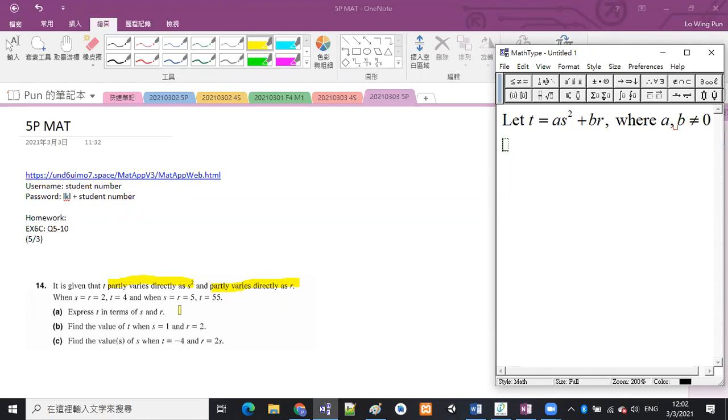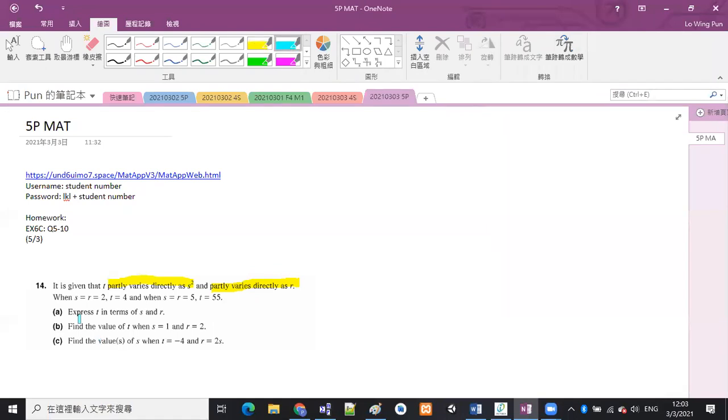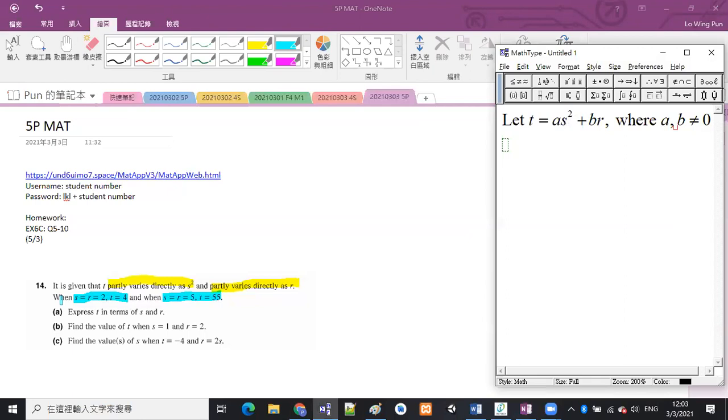Okay, and then we will find two groups of numbers from the question. So when s is equal to r is equal to 2, t is equal to 4. Okay, so we want to find one set of r, s, t numbers. And then the other set is s equals 5, r equals 5, t equals 55. So we will put this set of numbers into our equation one by one. Okay, so put s equals 2, r equals 2 because they both equal 2, and t equals 4 into our